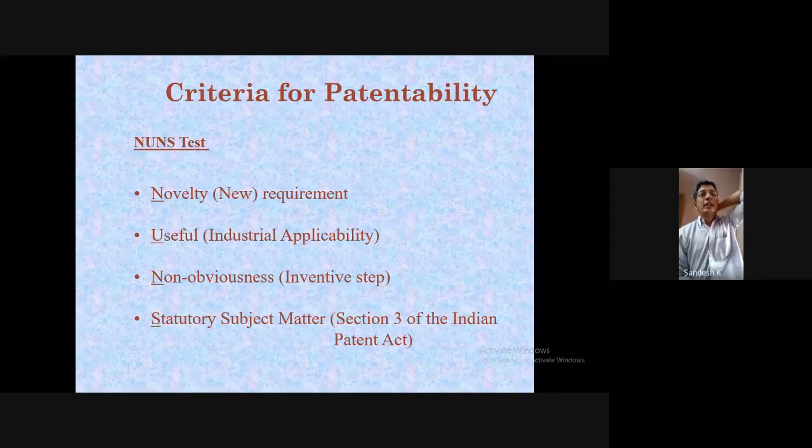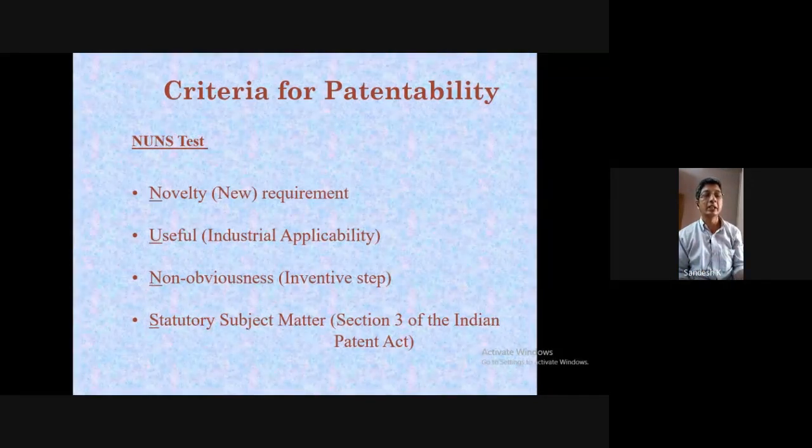Okay, criteria. This is actually a checklist, and there is a huge checklist with examiners. Of course, this is a very preliminary and introductory talk I am giving. We call it a nonce test. Whether the product is new, the novelty requirement. All the first three criteria it should meet. Definitely, the fourth I've already explained: Section 3 is the non-patentable list, the last bullet I'm talking about.